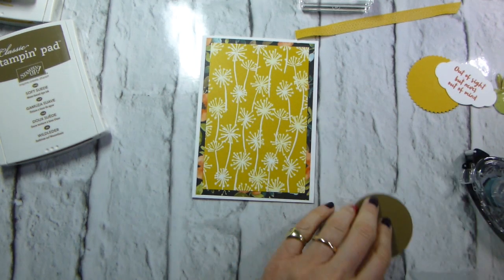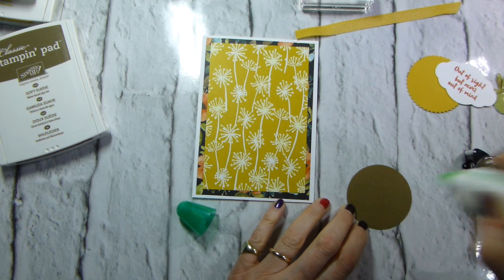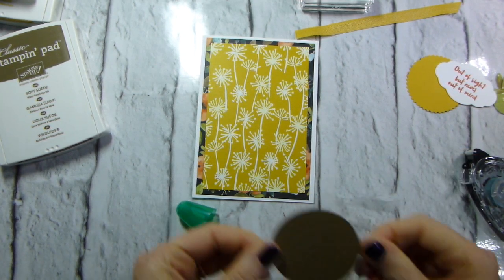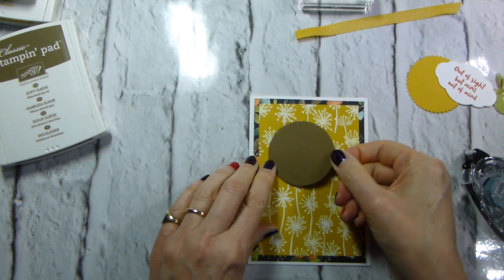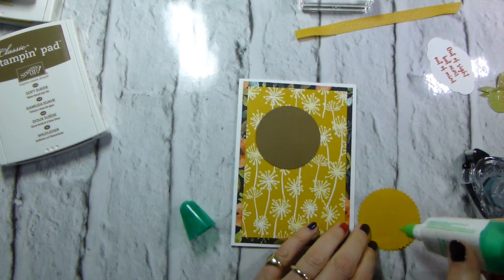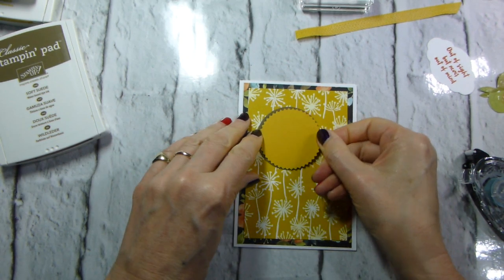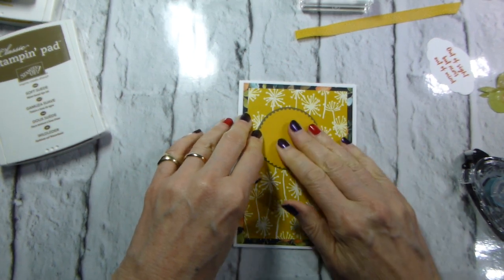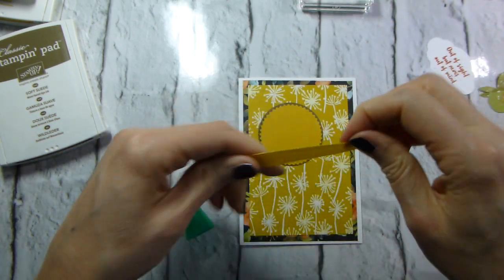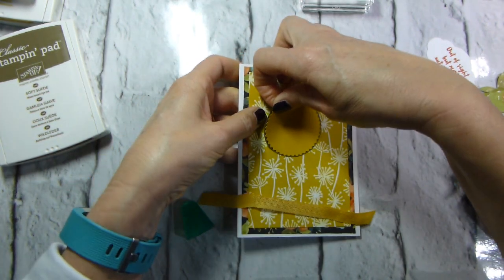Okay, so at this point I can switch over to my favourite wet adhesive. And I'm going to pop that there. And that on top. Oh, and of course I didn't add that. No, that's fine. We'll do it in a different... No, we won't. The joy of